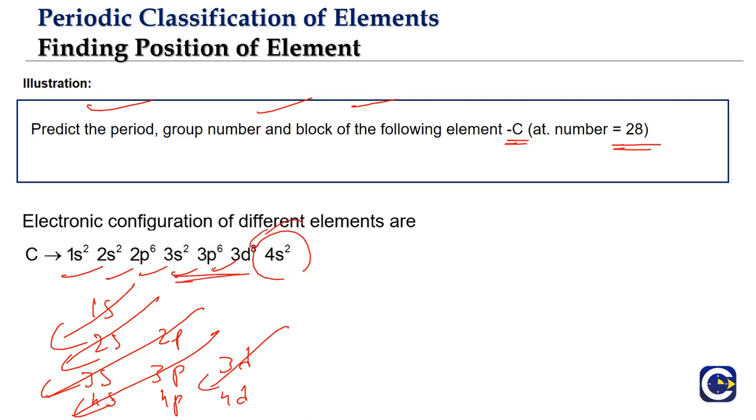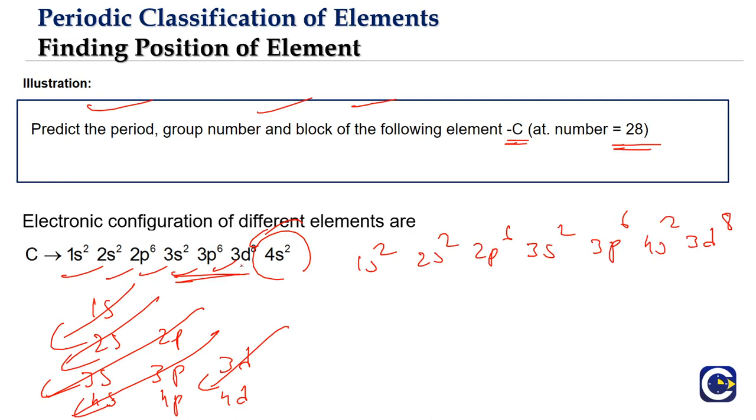But you may think, why are we expressing it like this? Because sometimes, we can try and keep all the subshells of an orbit together. But the same arrangement can also be written like this: 1s2, 2s2, 2p6, then 3s2, 3p6, 4s2, 3d8. Like this also we can write. Nothing wrong in that.